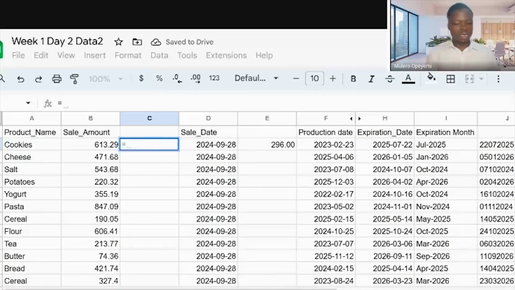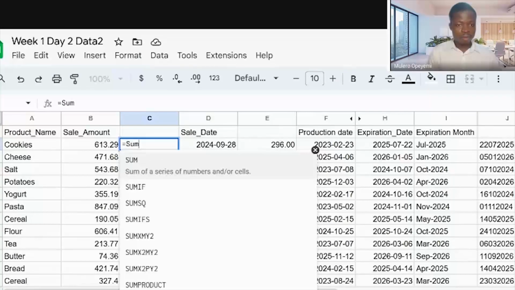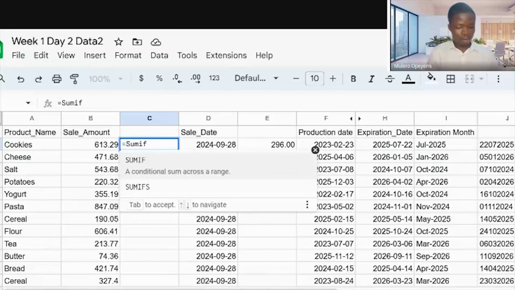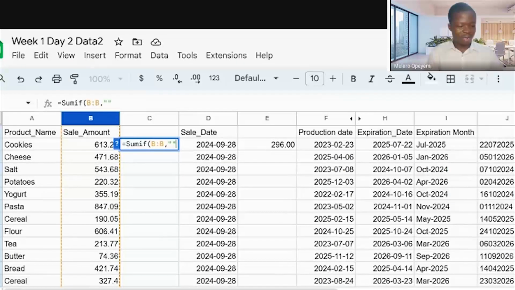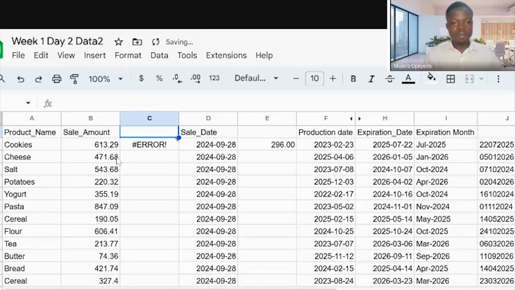I'll use the function SUMIF, then open a bracket, select the entire column. Then the sum I want to get is the one that is greater than 400. Then I'll close. Then click enter.